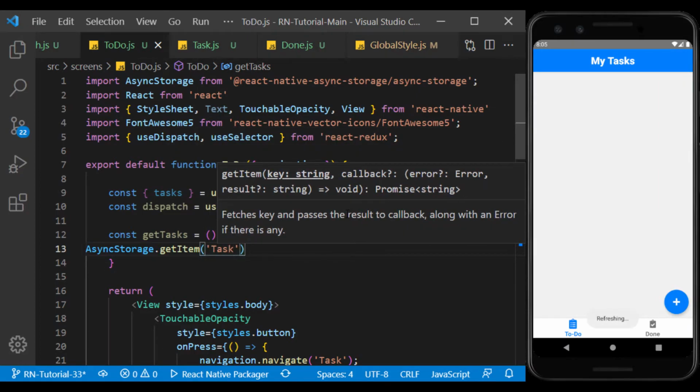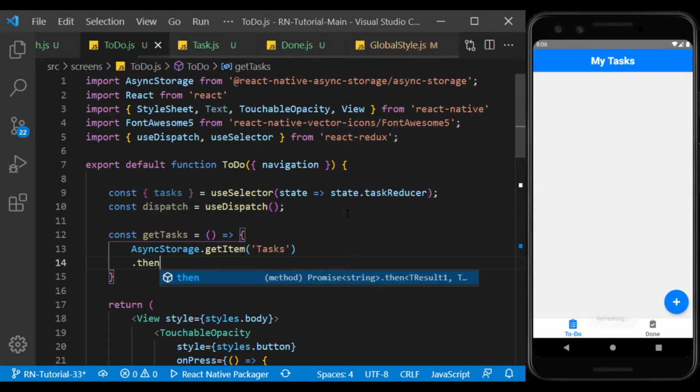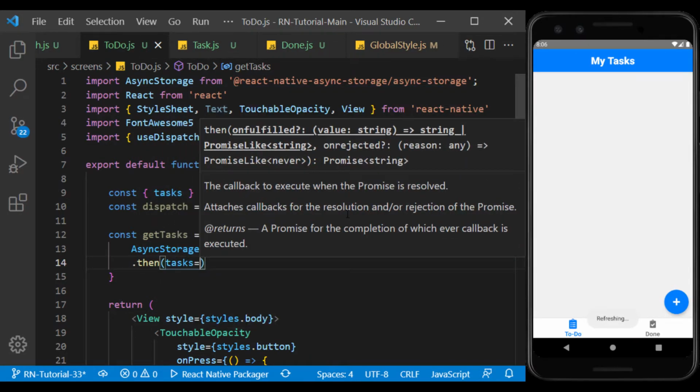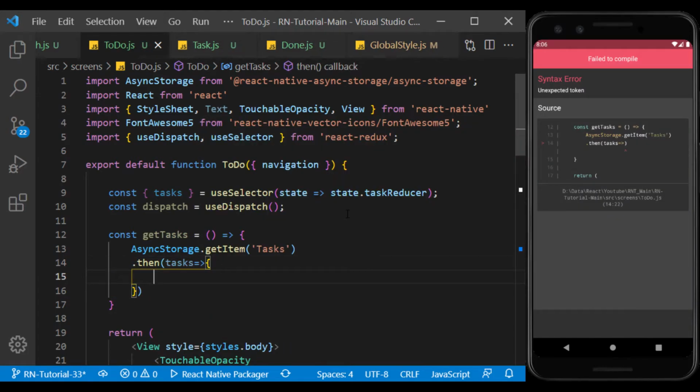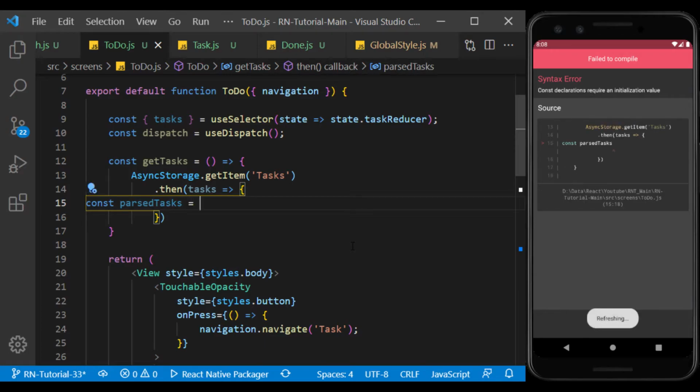I name its key tasks. And after reading the value, I parse it using JSON.